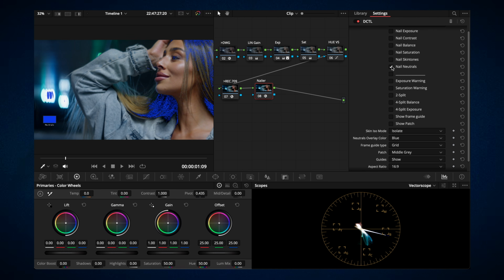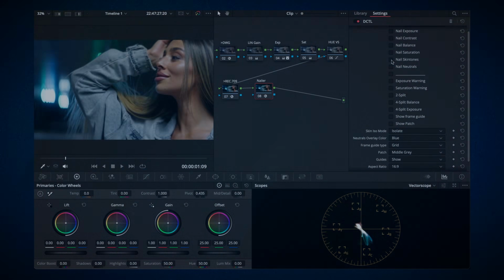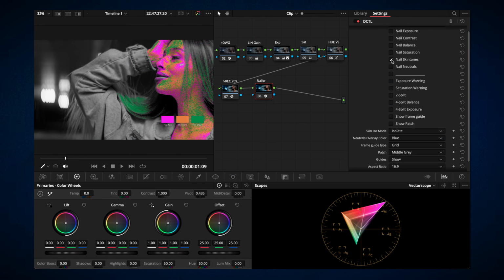You can change the indicator color on nail neutrals: blue, green, or red. Pick whatever reads easiest against your image you are grading. Skin ISO mode is on by default. When you turn on nail skin tones, everything outside the skin region goes monochrome, so the indicator pops against the rest of the frame. If you'd rather see the indicator over the full color image, you can switch it off